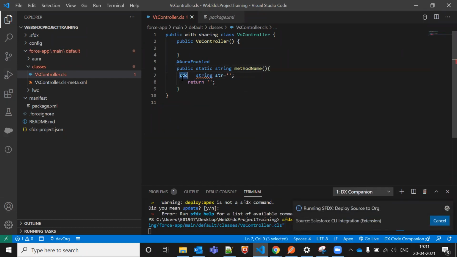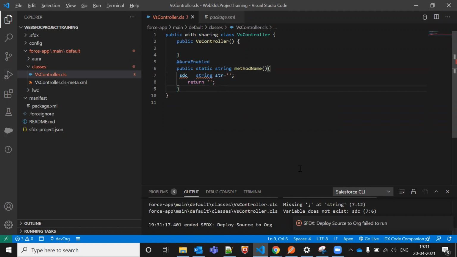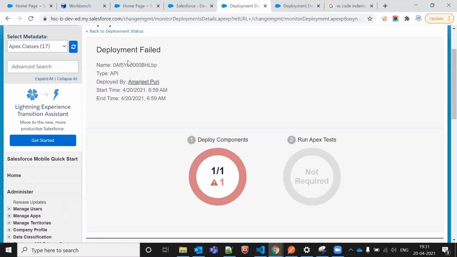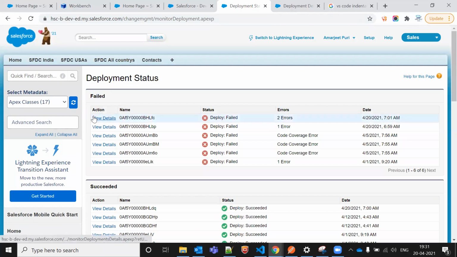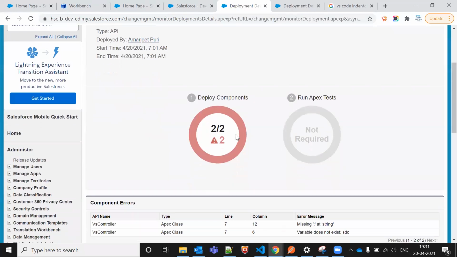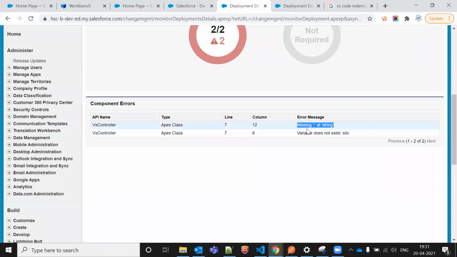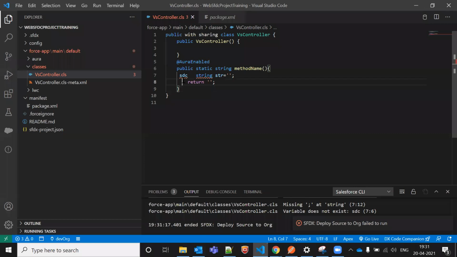So there is a syntax error. Definitely it won't be deployed, right? It won't be deployed. But yes, if you want to capture the logical things you have, same way, if I go to 7.1, then it is showing whatever the error is. It doesn't matter what we are writing. It's an SDC. What's the SDC, right?